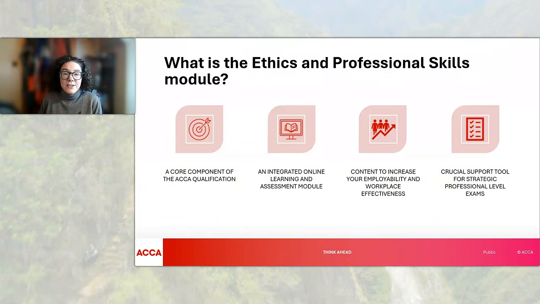There are 10 units in the Ethics and Professional Skills module. 7 of those units cover the learning. And the learning takes place through a mix of videos, learning resources, interactive quizzes, and each of those 7 units has an end of unit assessment. Once you've completed the learning, there's also a really dynamic integrated case study unit. That gives you a business scenario and some related tasks that are based on the learning from the previous units. So it's really important that you take time over those learning units because you will be tested on them in that final end of unit assessment.